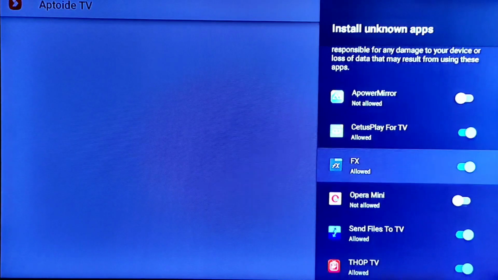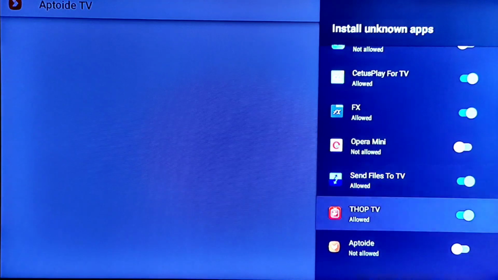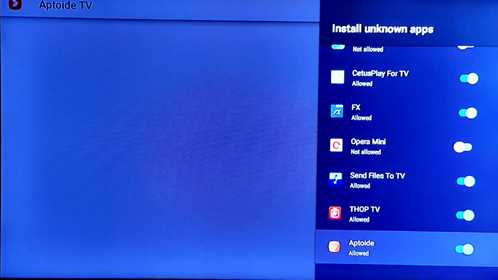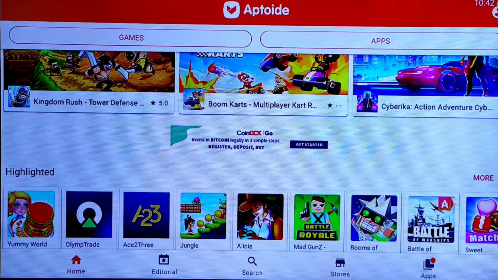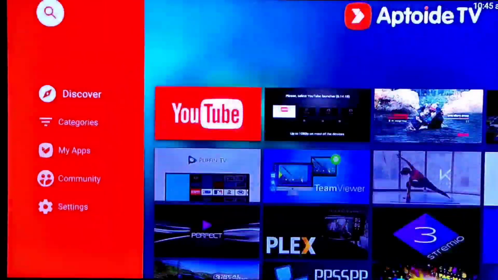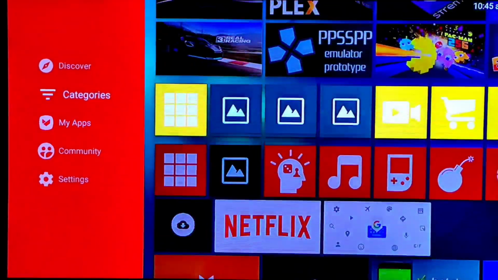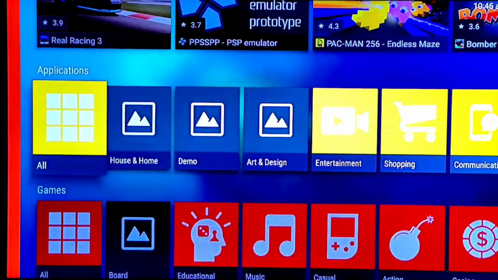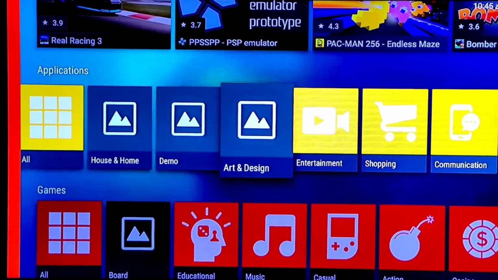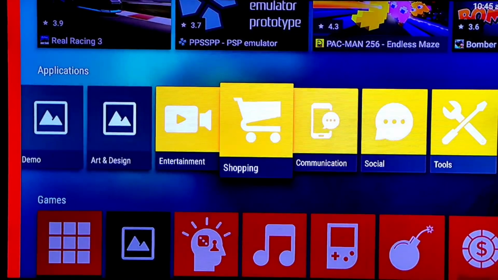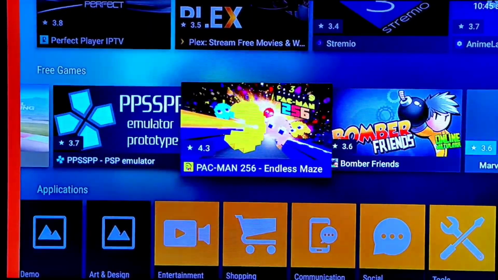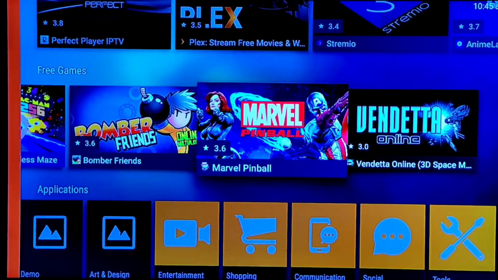I have to allow all the services of this application. Click on allow. After allowing all permissions, we have to click on next, and you can see I downloaded all applications and all applications are working fine. And friends, Aptoide TV also has many other types of applications available. You can download many types of applications, like games and entertainment and many others. Games are available here. You can download any other game as you wish.